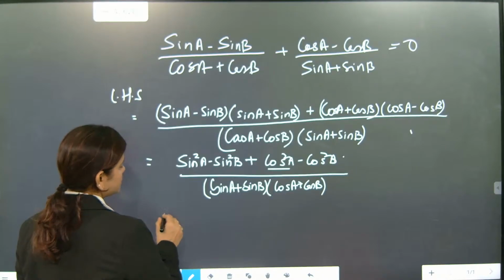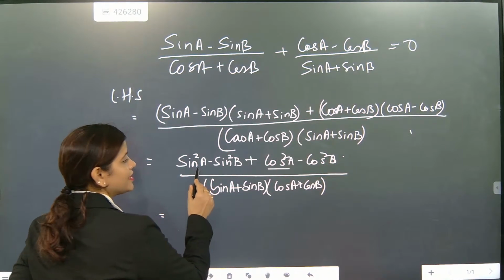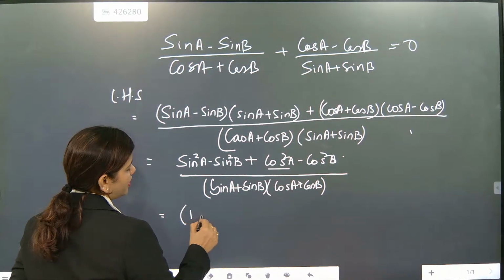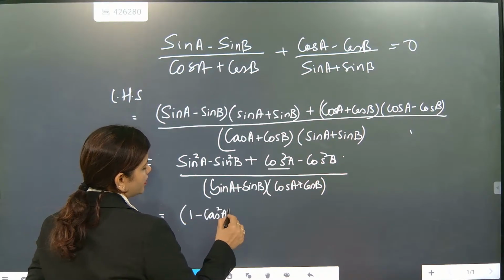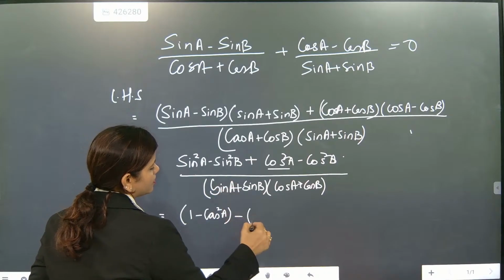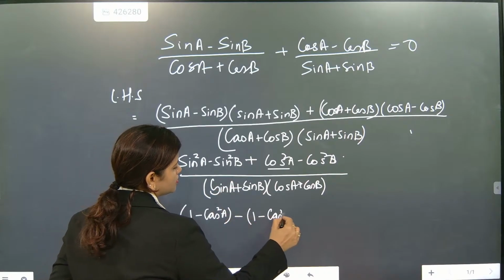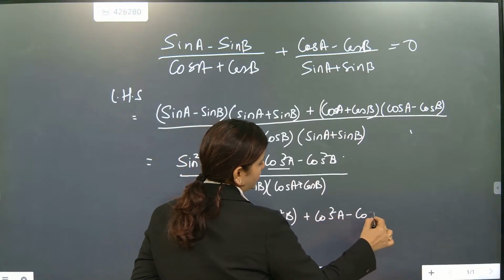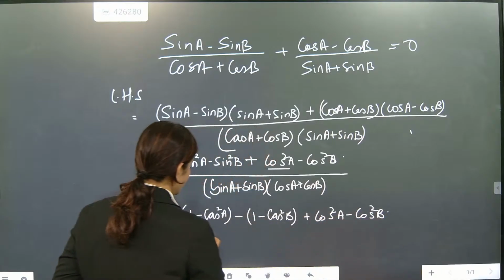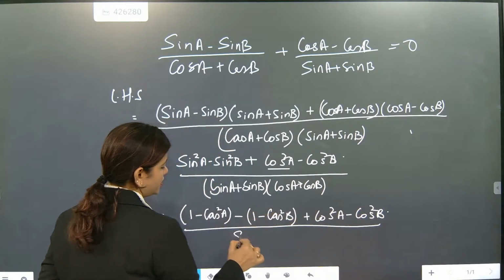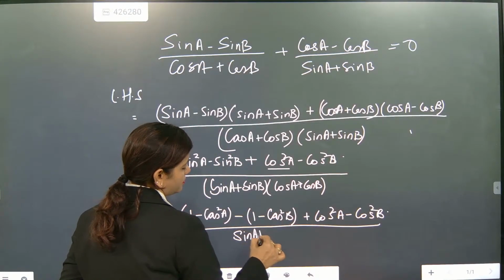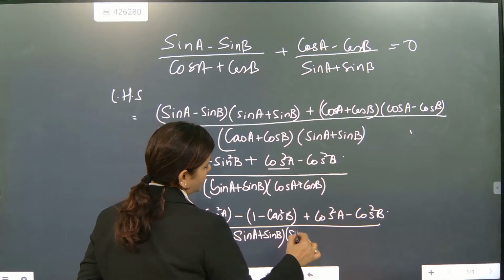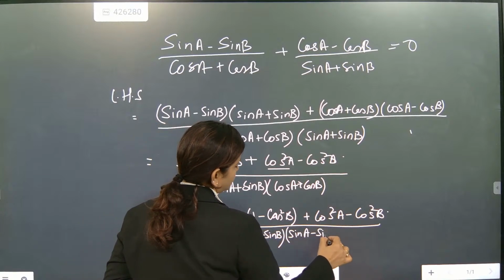Now I will convert this one. It will become what? Sin square A will get converted into cos square A. Na? What it will become? It will become 1 minus cos square A. And this will become what? 1 minus cos square B plus cos square A minus cos square B by, don't touch denominator side, sin A plus sin B into sin A minus, sorry, cos A